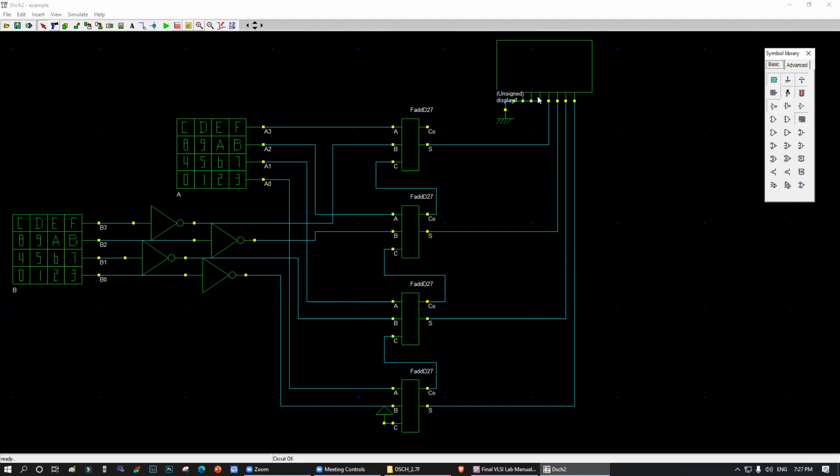Yes, sir. Okay, can you do it? Sir, a combination of 2 circuits and another additional button. Exactly. So you have to combine these 2 circuits, adder and subtractor. Then you have to give one button so that I can do addition and subtraction both whenever I want. If I want addition, I will click the button. If I want subtraction, I will unclick the button. Got my point? Yes, sir.